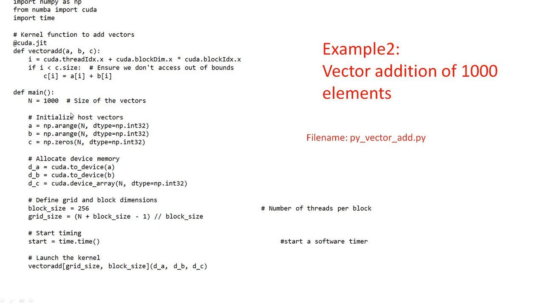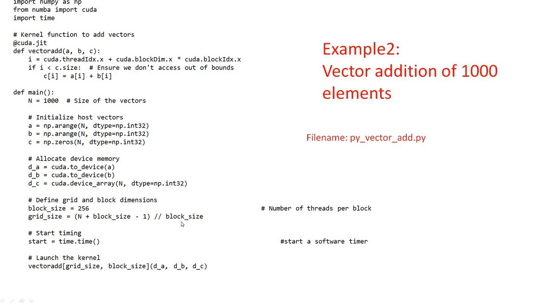So we will do the comparison. Here n is equal to 1000, meaning 1000 elements, and we just initialize with zeros. Then, exactly like earlier, d_A, d_B, and d_C are copied to the device from A, B, and C. Then you define a block size, 256 threads per block, and we have the earlier formula